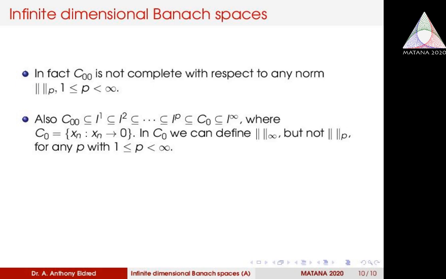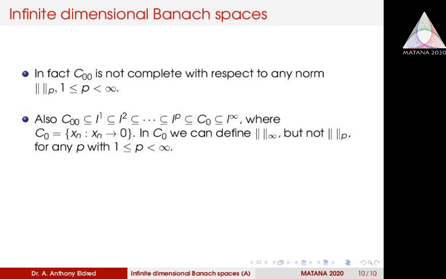And already we have seen for p less than r, ell-p is a subset of ell-r, therefore we have this relation among the sequence spaces, that is C0 is a subset of ell-1, a subset of ell-2, a subset of ell-p for any p greater than or equal to 2, and all these will be a subset of C0, where C0 is the set of all sequences converging to 0,